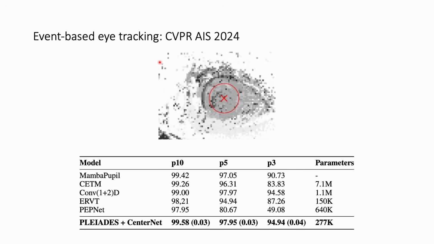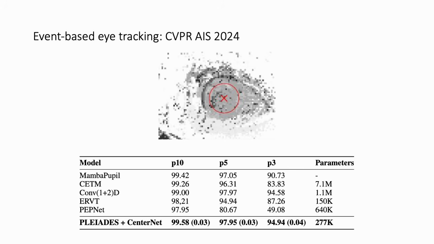And here is another dataset we recently did for CVPR AI for Streaming 2024, and this is pupil tracking. Here's an event representation of a pupil, and the goal is to mark the location of the pupil. Here we also did Pleiades with CenterNet, and I think we outperform everybody on all categories